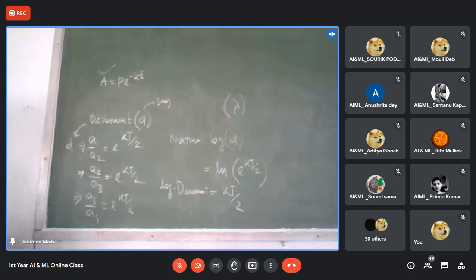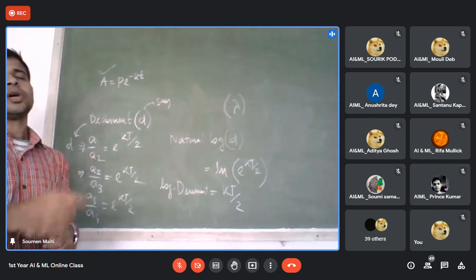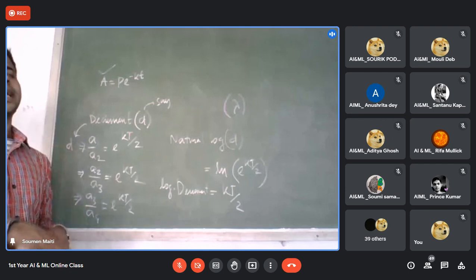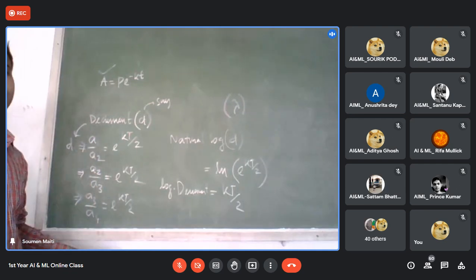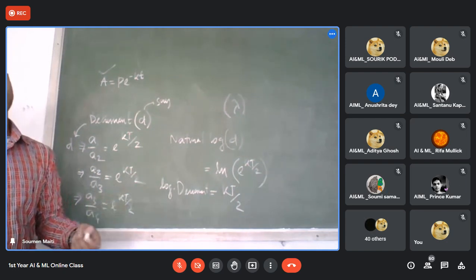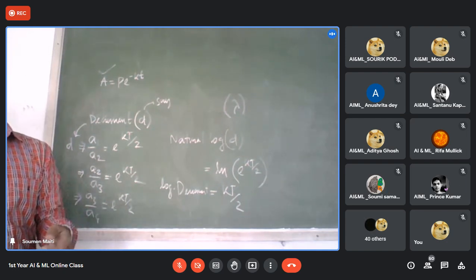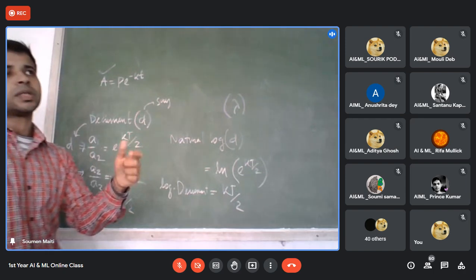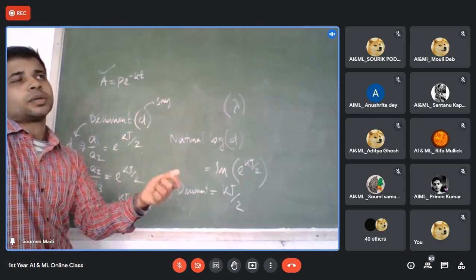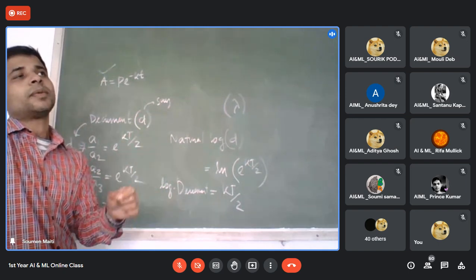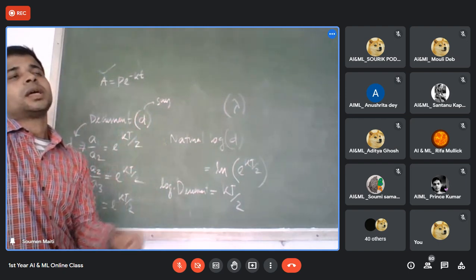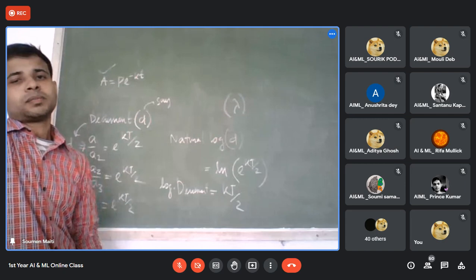Sometimes in some books they also consider the ratio of two successive amplitudes. It can take one break, that is a1 by a3, a3 by a5, a5 by a7. If someone asks you that instead of the decrement of two consecutive, the ratio of two consecutive, if we take a1 by a3, a3 by a5, a5 by a7, then what will happen? 2D.